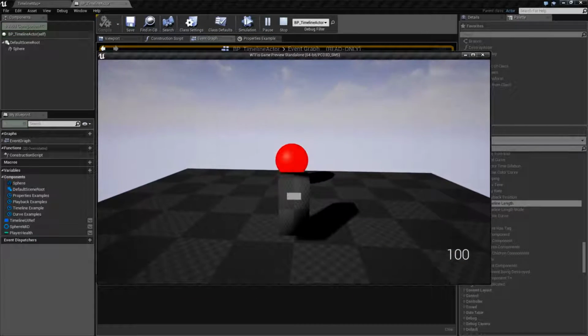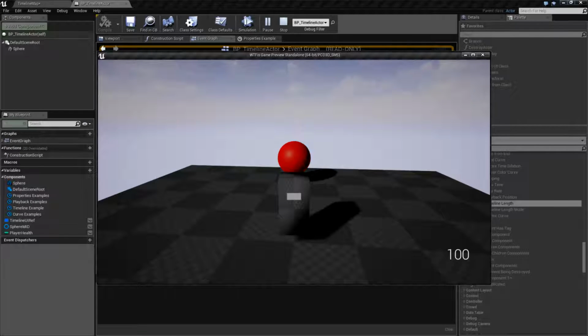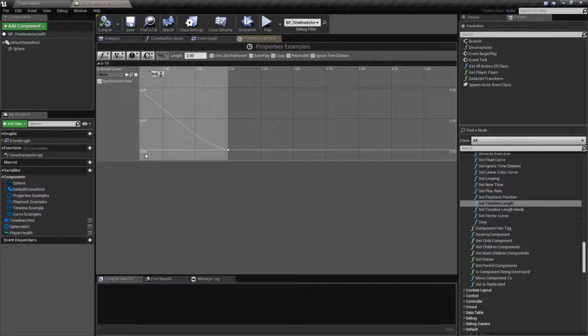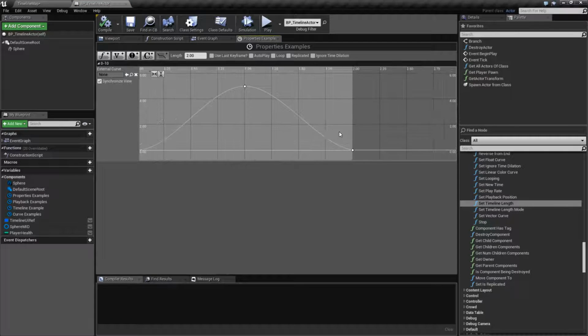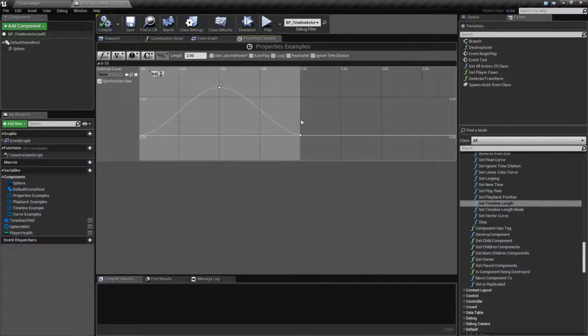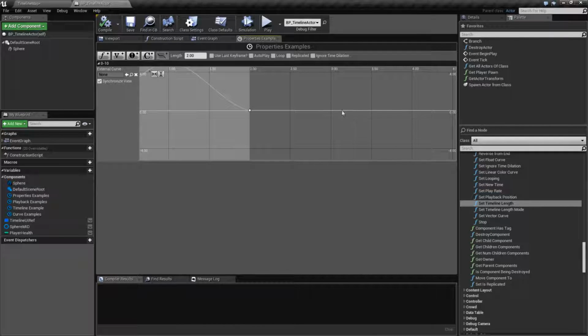We'll hit T. It's going to play back, it's going to stop, and it's going to continue. At the end of our timeline, even though our length is 2 seconds, we still have something continuing on. We still have other values in here. So for example, if I was to do